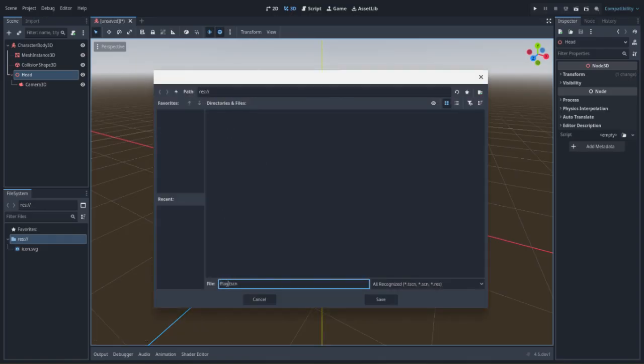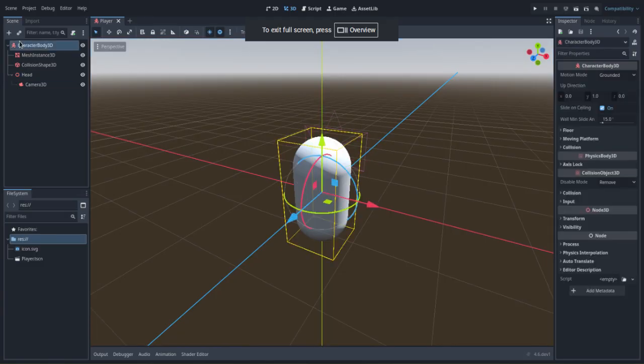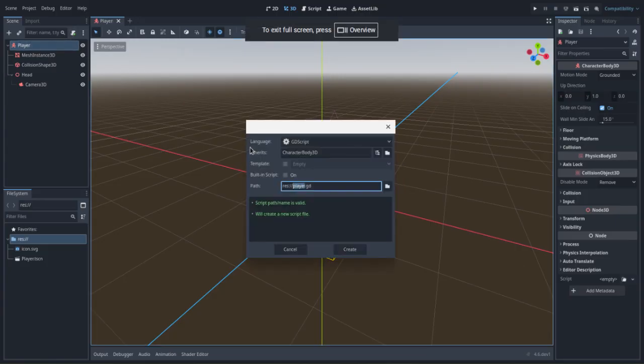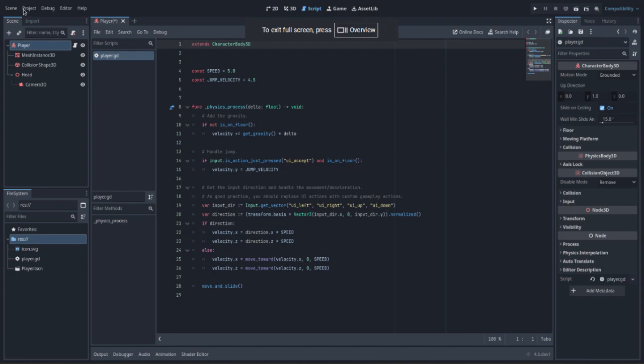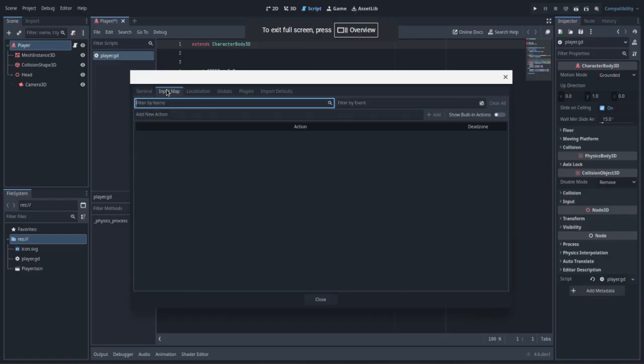Doesn't matter, just call it player. Okay, so what you're gonna do is add a script to it. Inside the script, you're gonna put this template on, so it saves like that. And we're gonna leave this right there for now, and then we're gonna go to project settings, and then